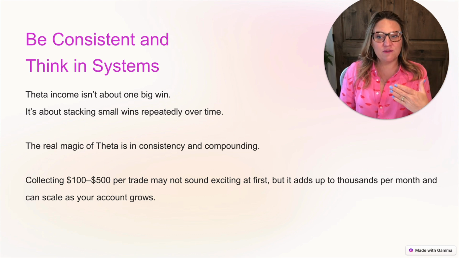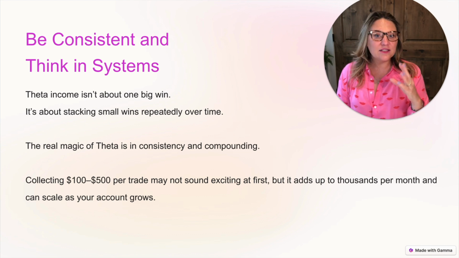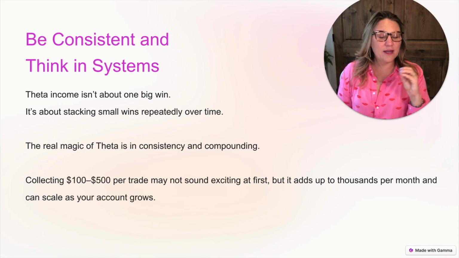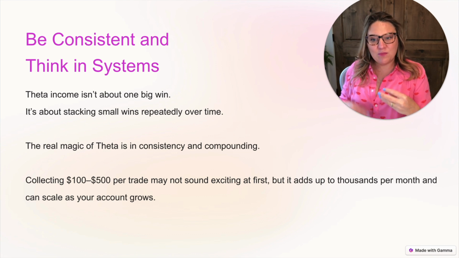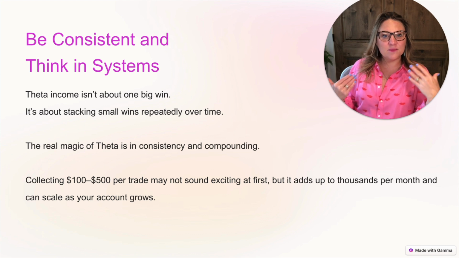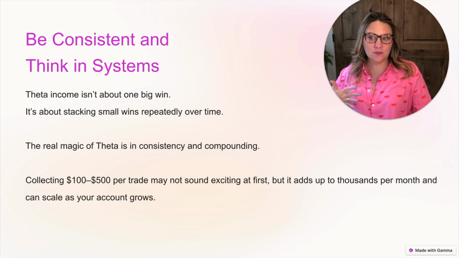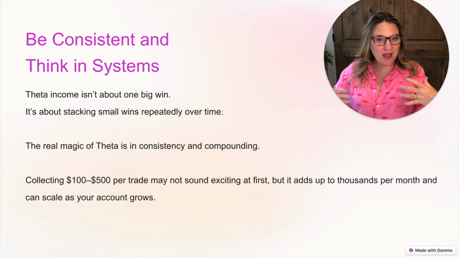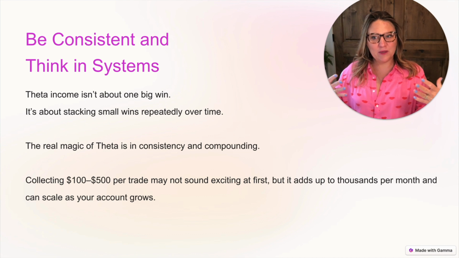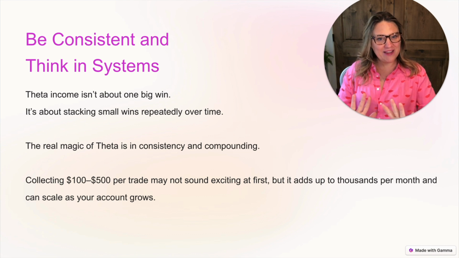So the real magic of theta trading is in consistency and in compounding. So when you collect $100 on like an Amazon contract or $500 on a Costco contract, it may not sound exciting at first, but it adds up to thousands per month and can scale your account dramatically over time. Dramatically. This is one of the ways that I beat SPY every year in my 401k, because I just sell covered calls and I use theta to my advantage